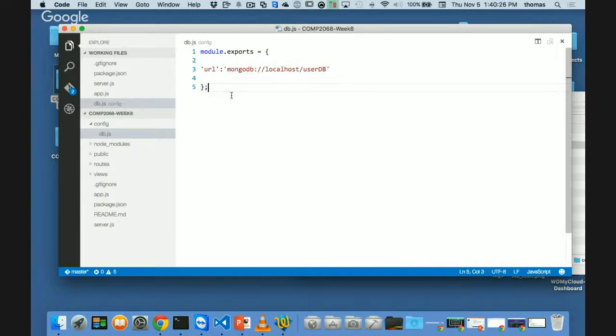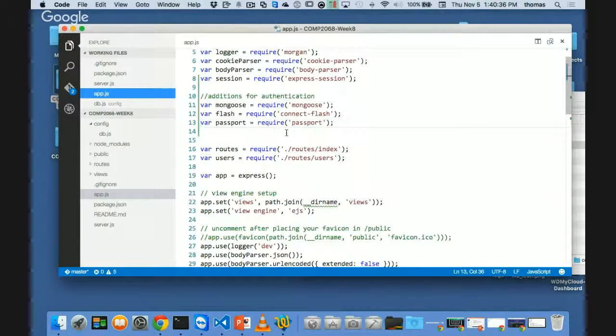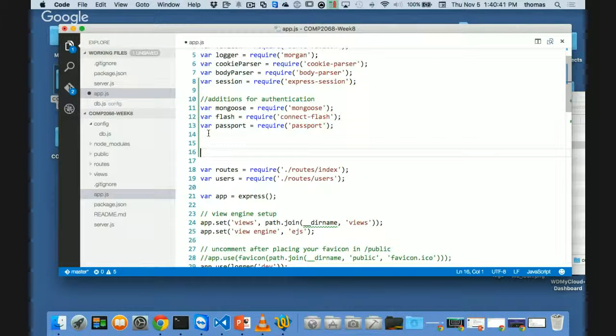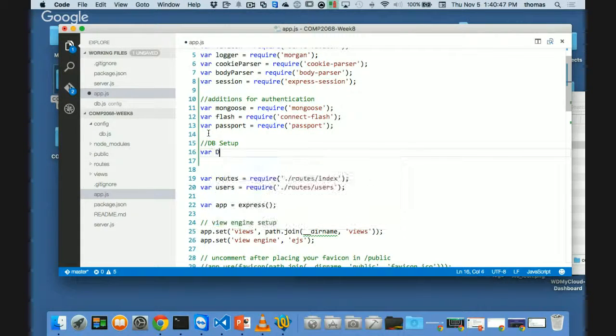All right. So we've kind of defined this one, and we've defined our database string and a bit of setup, right? Let's complete our database configuration, right? So I'm going to go back to app.js, and again, I've added some things for authentication. Now I got to do my DB setup. So let's add that in as something we need to do. So DB setup, and in here we're going to say var db, right? We're going to create a